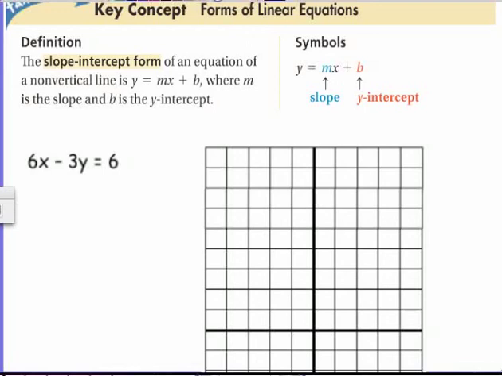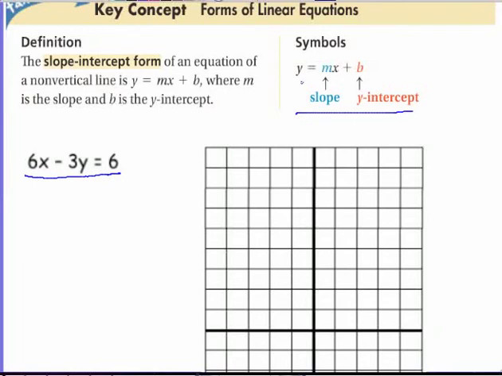All right, in this situation, we're going to be graphing an equation that is in slope-intercept form. This means that it's already given us the slope and the y-intercept. Now, we can see that that is the case over here if we have it in this form, but what I've been given right here, that's not in slope-intercept form, so I have to actually change it in order to do that. So the difference between what I have here and what I want, y equals mx plus b, is